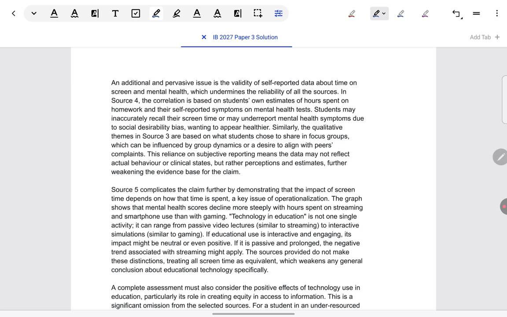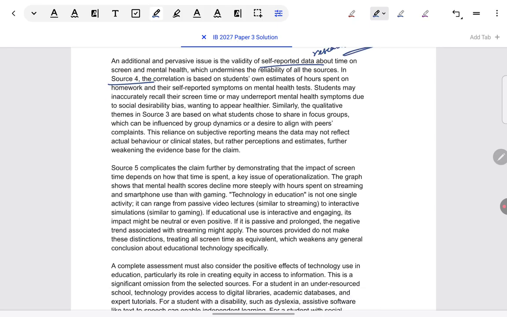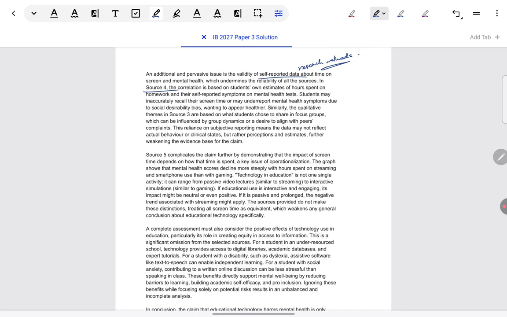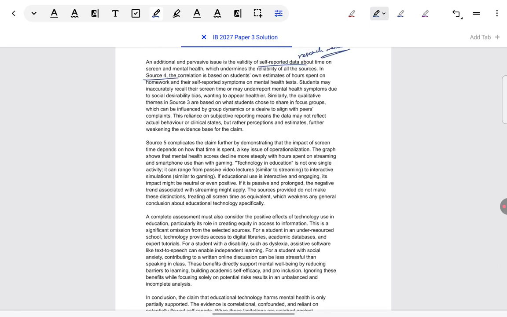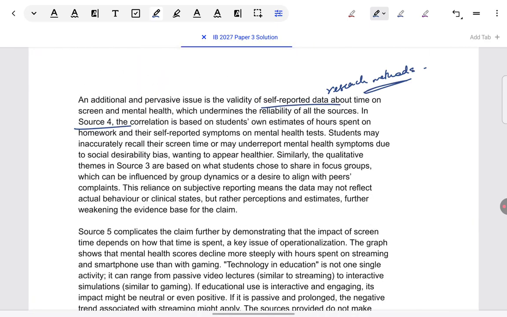Then coming to source 4 again, I told you I'm going to talk about knowledge of research methods that I have taken here. I come to source 5 also, but because right now it becomes relevant, these two sources most prominently have self-report data. So first I've taken that. That's okay. We can alternate between knowledge and sources. We don't have to cover all the sources first and then all the knowledge. Whatever helps for a most effective discussion, we can do it that way.